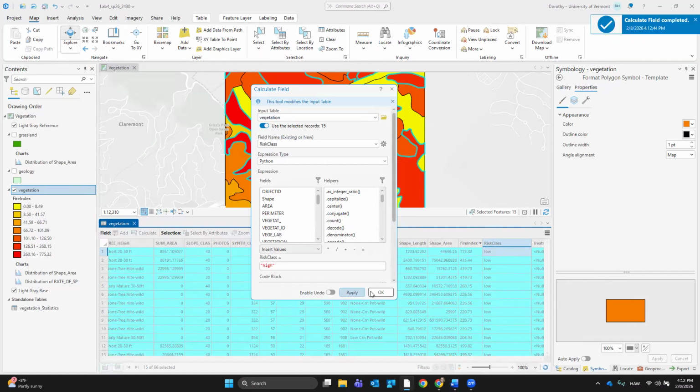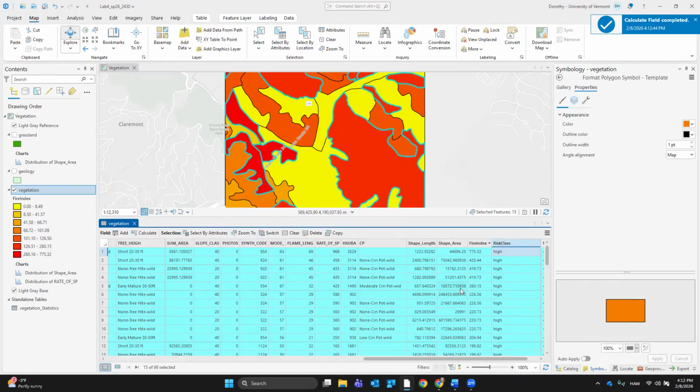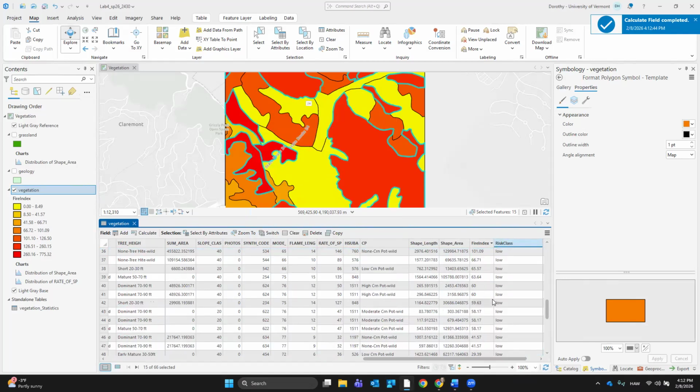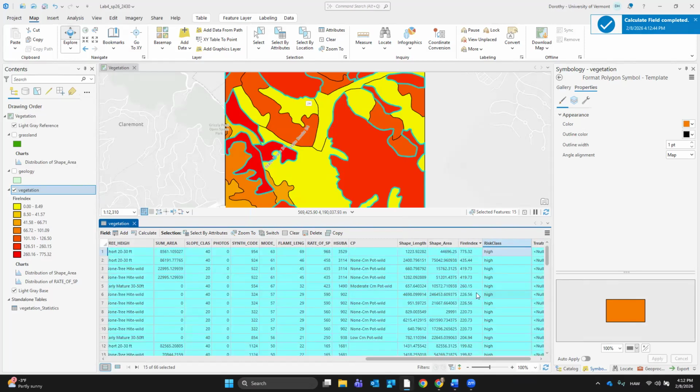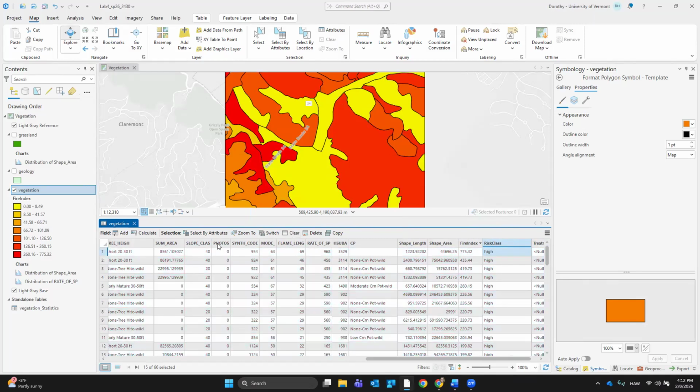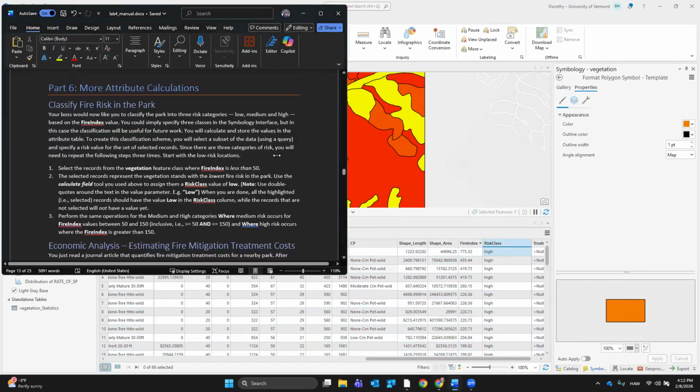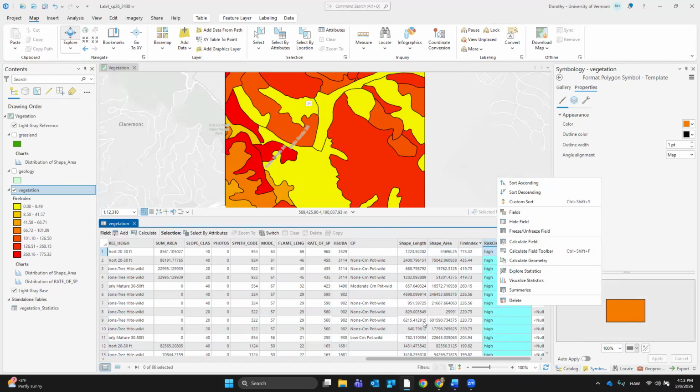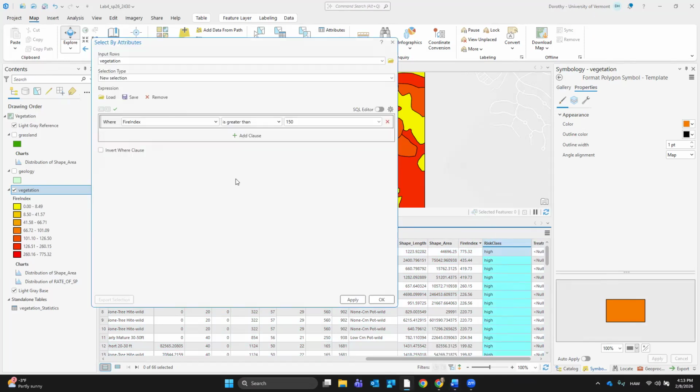Okay, cool. That looks right. So low, high. Fine. Close enough for right now because I messed it up the first time. So clear. Now I have to pick the ones that are between. So it's greater than or equal to 50 and less than or equal to 150. That's a little bit different, right? First I do select by attributes. Fire index is greater than or equal to 50, or